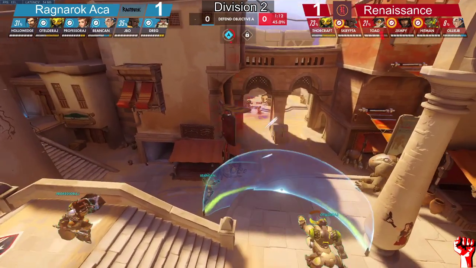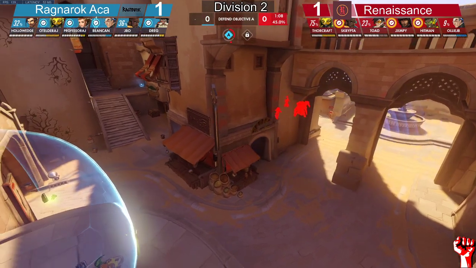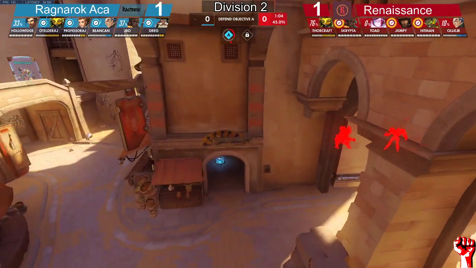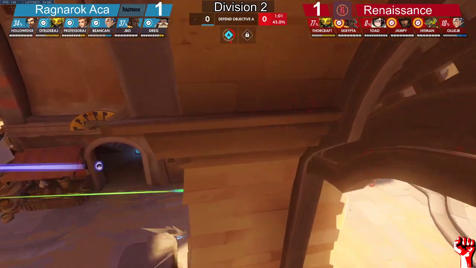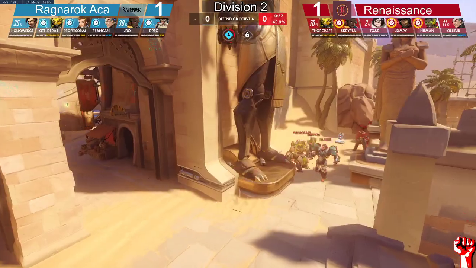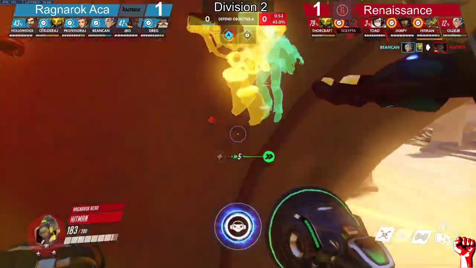Again, we've seen a couple of questionable ults from Ragnarok Academy coming out way late in the fight after losing key members. Sometimes ults can't save you from being down two or even one key member of your team. The ultimate just can't save you, and dying early in the ult definitely won't help you. The Sigma pretty vulnerable in the air with no shift and no...